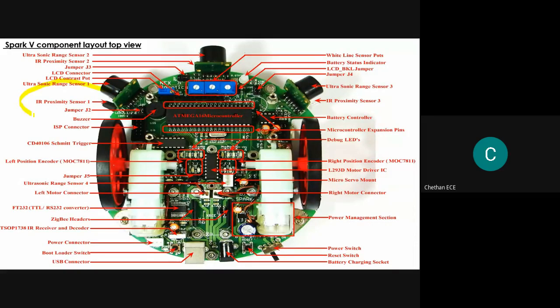and we have IR proximity sensors. I will start from the left side. This IR proximity sensor consists of 2 important components: transmitter and receiver. The transmitter radiates the IR signal and the receiver captures the reflection from the obstacle. Suppose if there is no obstacle available, the IR signal will radiate over a long distance.